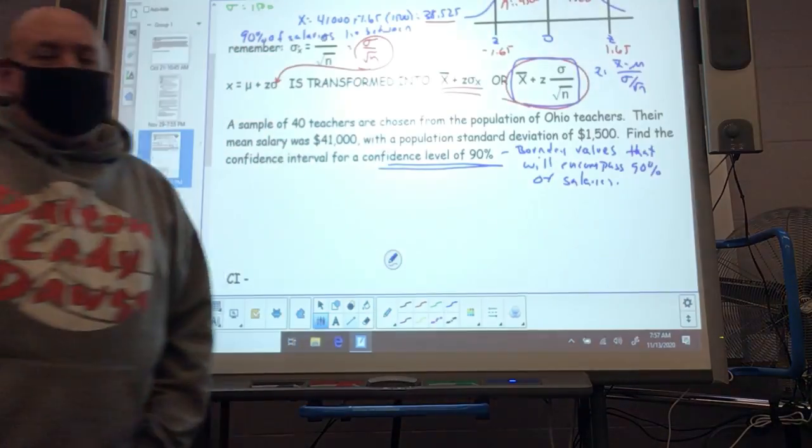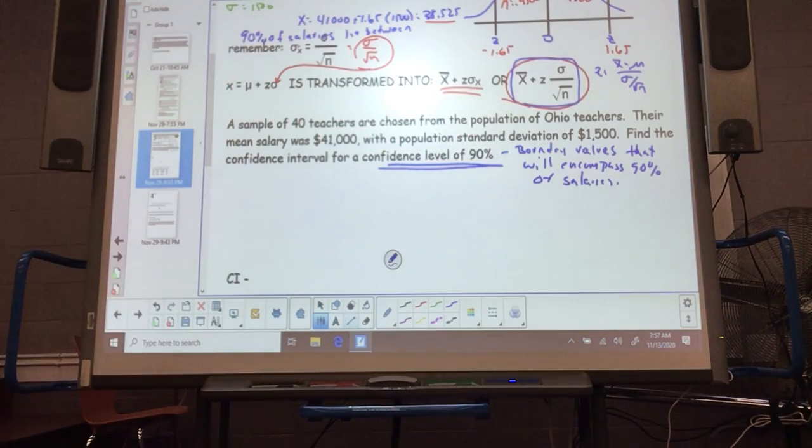Or 90% of the salaries. Our boundary values